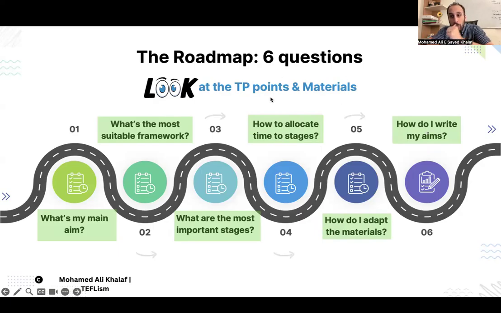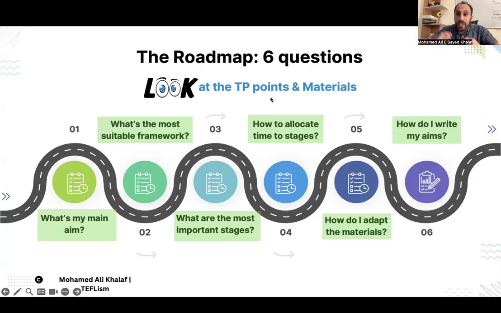Okay. So how many questions do we need to think of? These questions will organize everything for you. The answers to these questions will make your life much easier before starting the lesson plan.